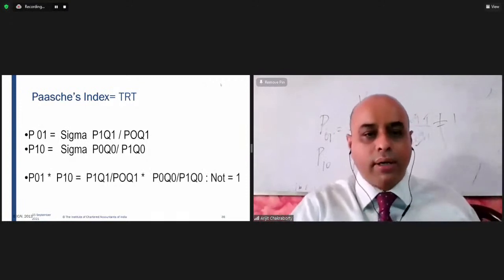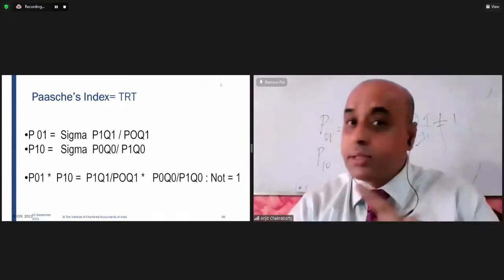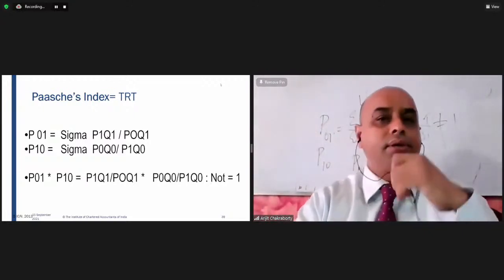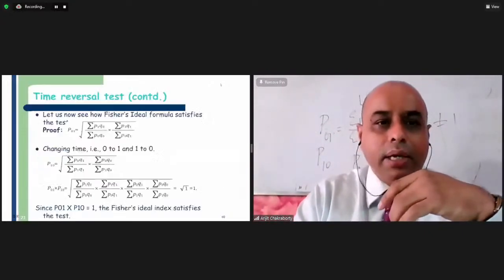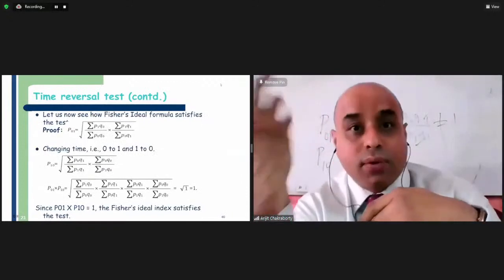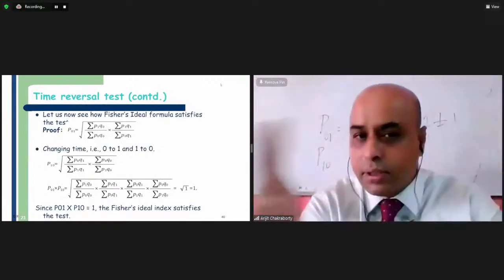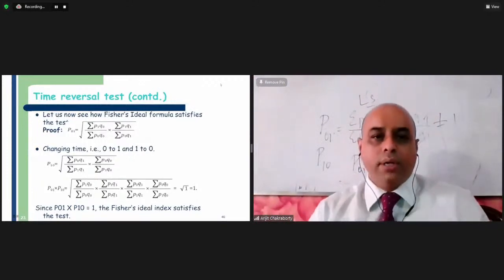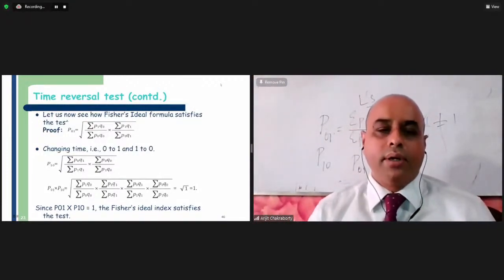It is unequal to 1, and therefore Pasteur's index is not an ideal index number, because it does not satisfy the time reversal test. And what about Fisher's? Why is Fisher's known as the ideal? Because of this. If you just see this slide, you will understand the proof that Fisher's index number is satisfying